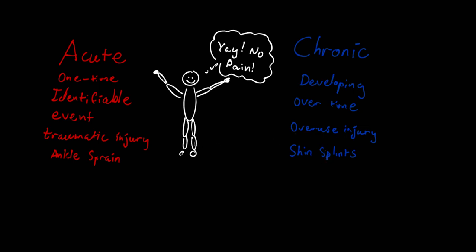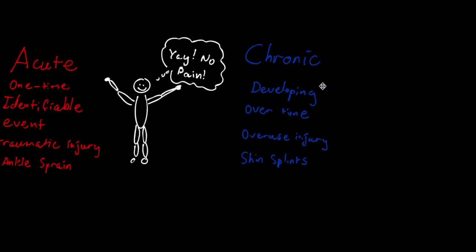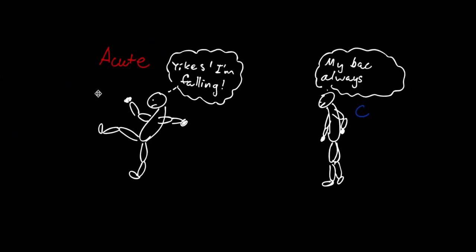So it's not like we don't have shin splints and then all of a sudden we have shin splints. We basically have repeated small injuries. You're repeatedly injuring the shin, and we're developing shin splints over a period of time because of that overuse. So we have a couple examples just to demonstrate this a little bit more.